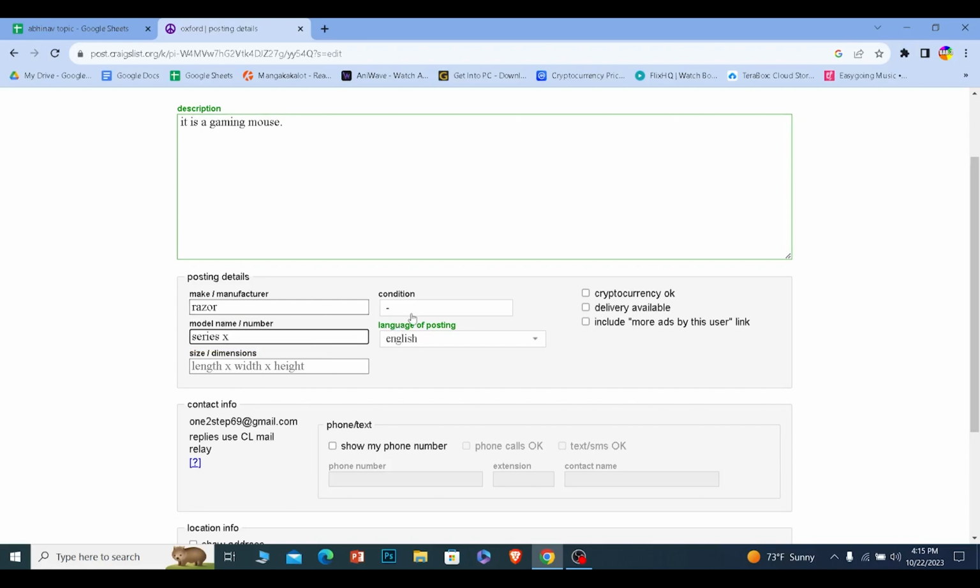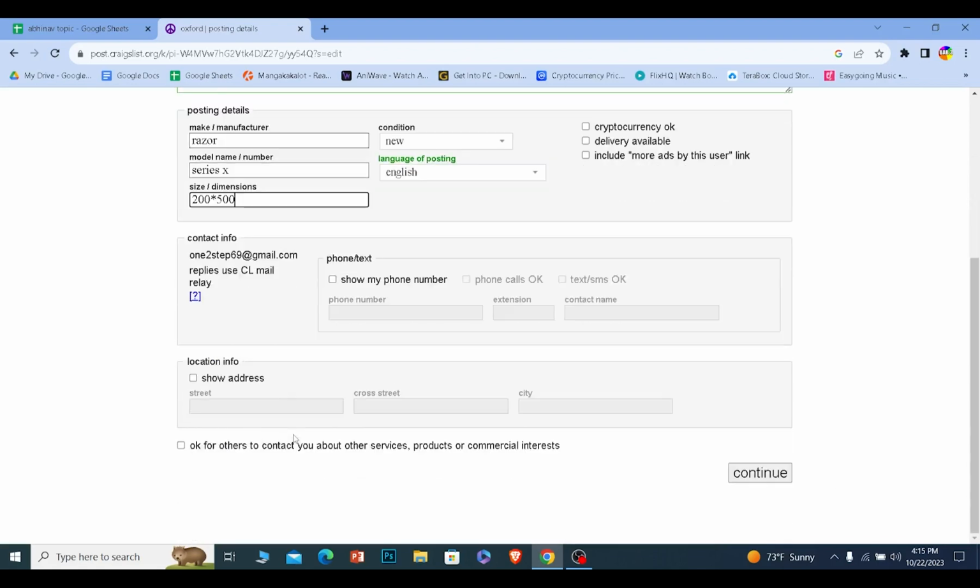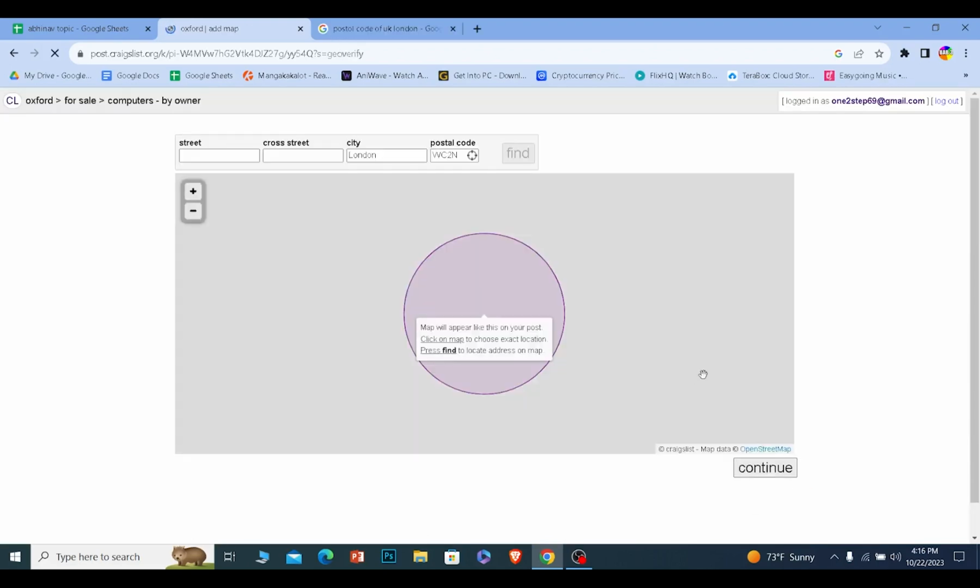And over here on condition, my mouse is brand new, so I'll just write new. And the size is going to be 200 by 500. And over here where it says contact, I'm going to ask them to contact using my email. But if you want to use your phone number, you can check mark this. Click continue. Once you click continue, it's going to ask you to choose the place where you want